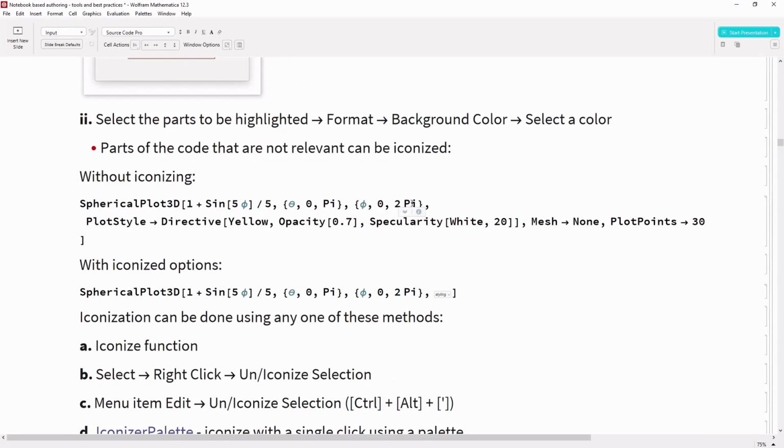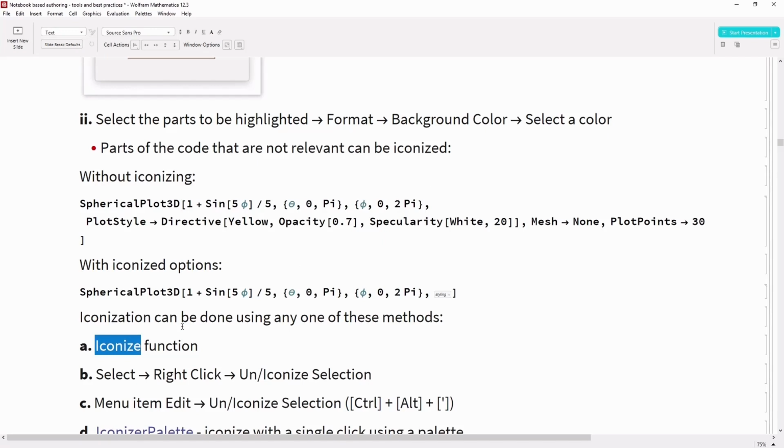We can make use of the Iconize functionality in Wolfram Language to hide irrelevant parts of the code, such as any styling or options or any irrelevant data that we don't want to show, as we are only focusing on the outputs. To do that, we can make use of the Iconize function.